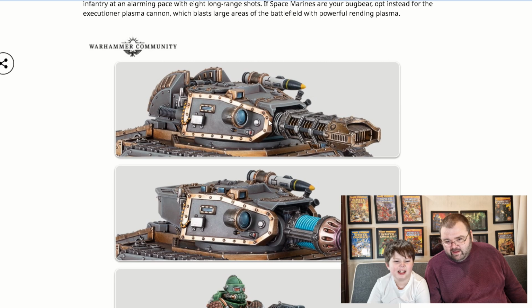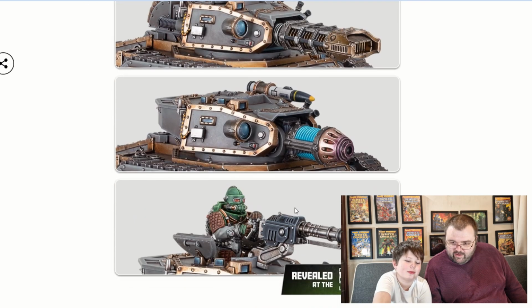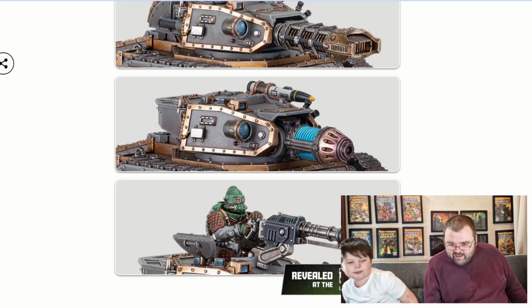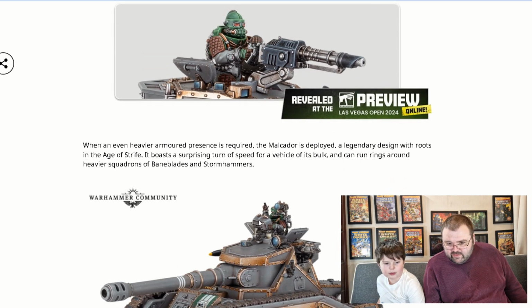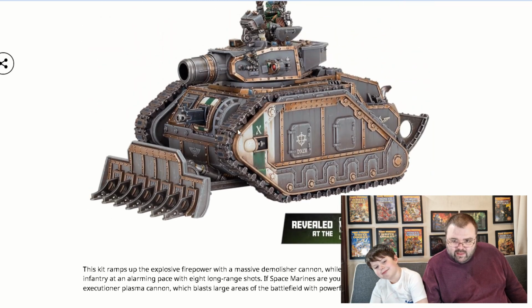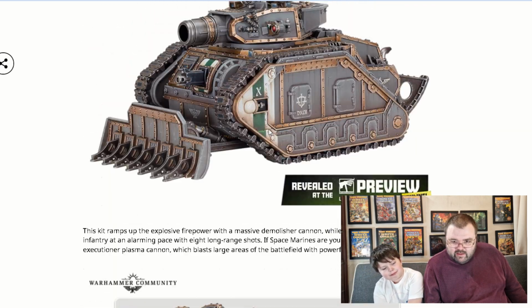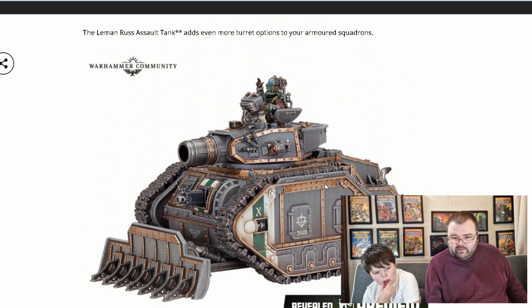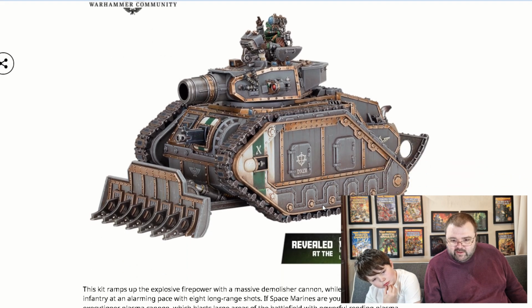You've got the Volkite. I like the Volkite. Not that one, the plasma cannon. Yeah, well, don't like that. And then he's got this gun up top. Yeah, I like it. I think it's alright. I think that's cool. I prefer the normal Leman Russ. I think the normal Leman Russ is probably where I would be going to, but